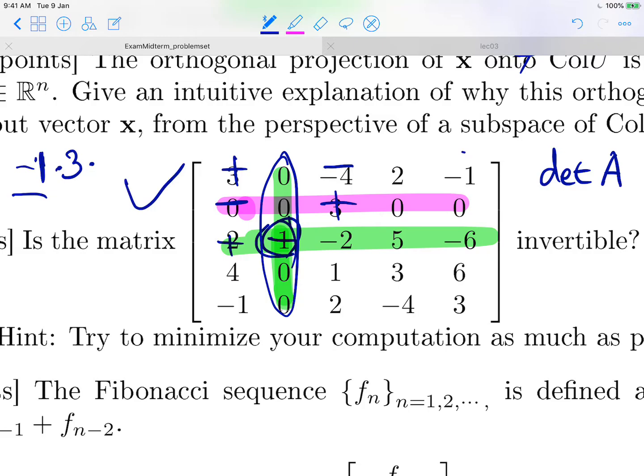So in that case, we remove these rows and this row and column as well, right? Then given the remaining